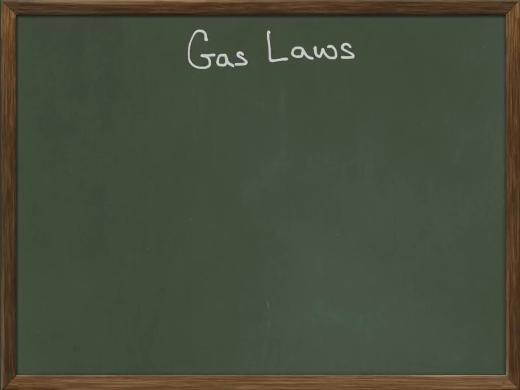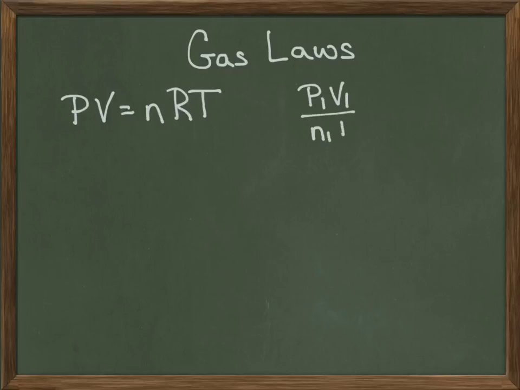Now we're going to look a little bit at the gas law equations and the units that we use when we're doing these calculations. So we have two different versions of the gas law. The first one is the ideal gas law, PV equals nRT. The second is what we call the combined gas law, which is basically taking two copies of the ideal gas